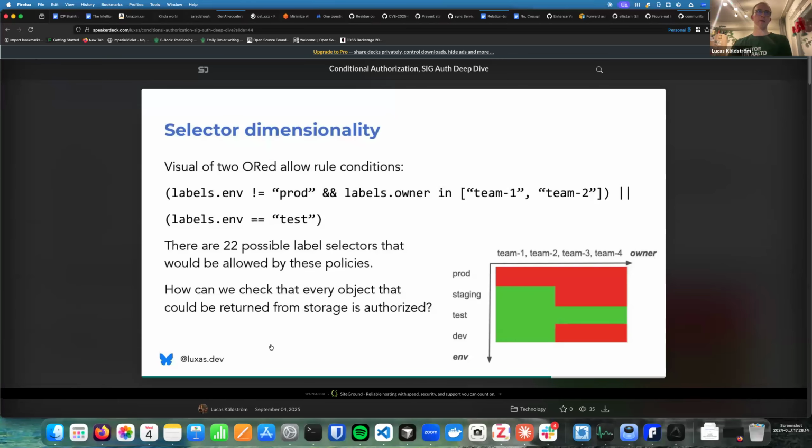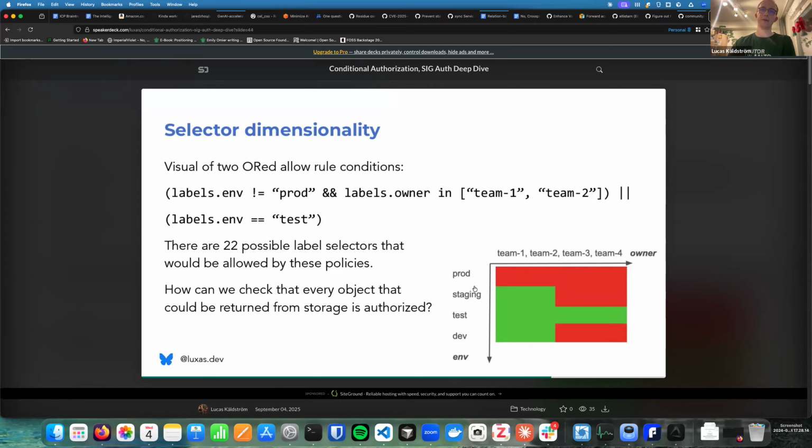Here is a sample visualization after you do partial evaluation: you have some space of objects that you could access. Here we visualize the owner dimension, the variable. What are the different values that the owner variable takes?